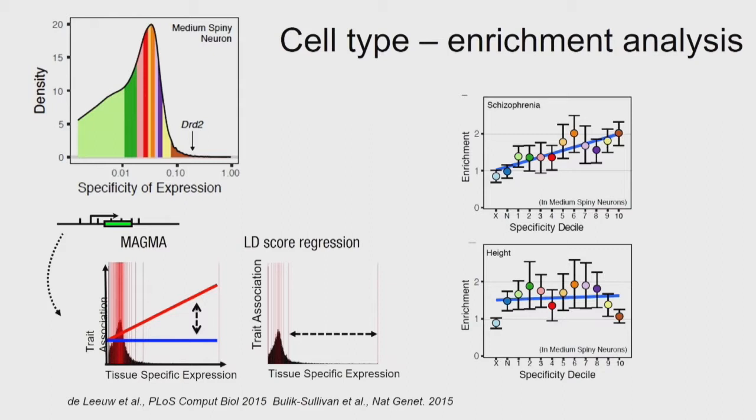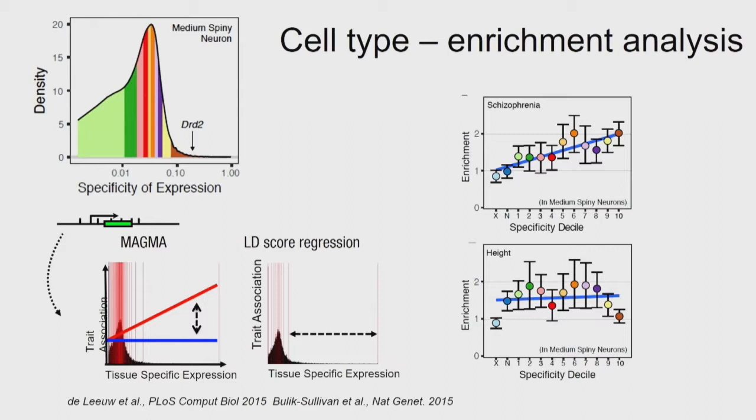Then we looked at this, the cell specificity graph, in a non-log scale. For each of these deciles here, and 30-tiles here, we asked how much of the inherited risk lies in each section. And then we plotted it like this. This is now for LD score regression. You'll see as you move forward, this is for the medium spiny neuron, and as you move up in specificity, you'll find an increased enrichment of schizophrenia heritability. So this tells us that there's more risk in the specific portion of medium spiny neurons than in the non-specific portion.